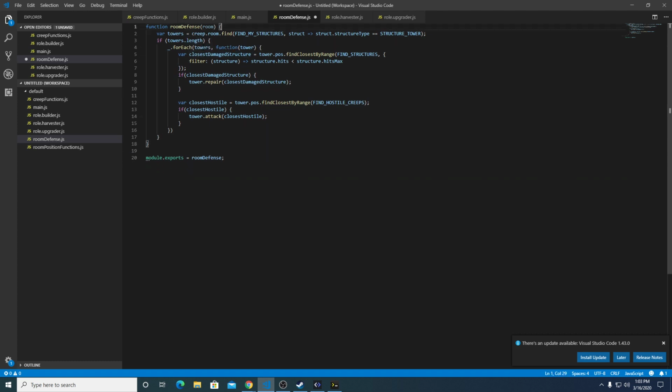So what this function is doing entirely is finding all the towers in the room, and then if there are towers, for every tower that it finds, it's going to execute this function, which